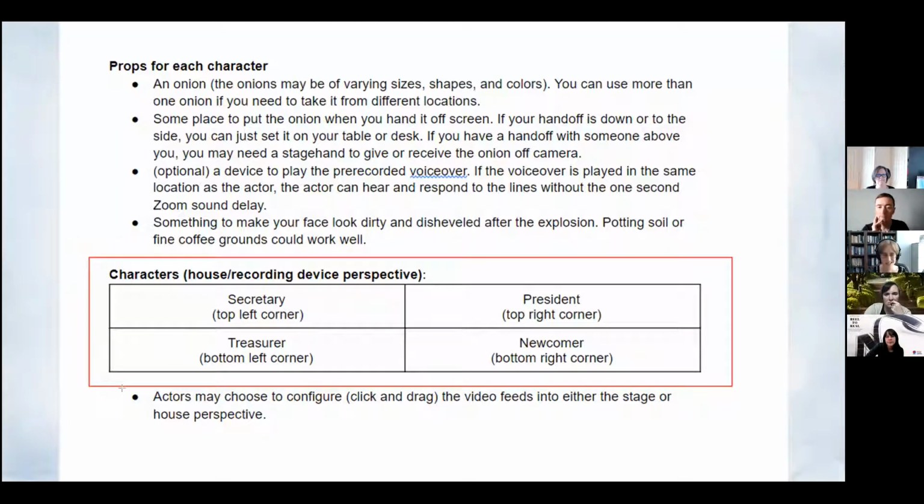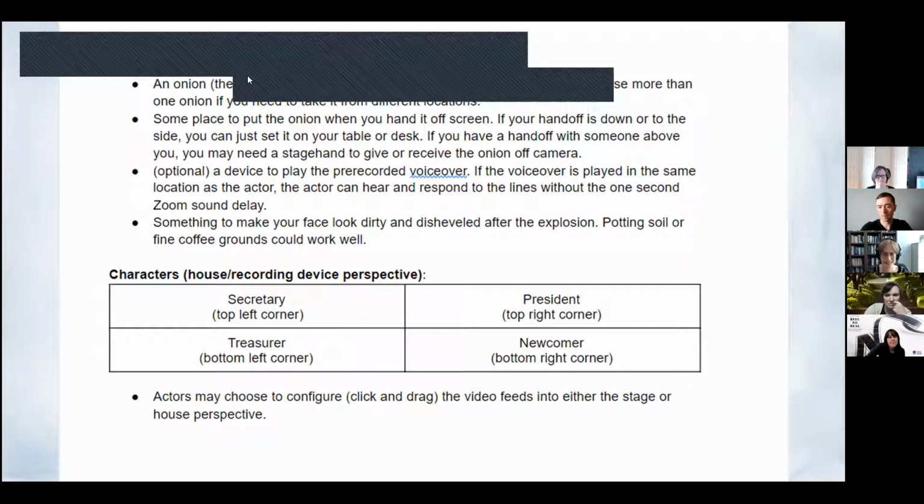And a really crucial thing to know about Zoom is that you can click and drag the video feeds on Zoom to different locations. So we could plan to have people in different locations. But even though we knew that that would be problematic ahead of time, it was still kind of a pain to figure out how to do it once we were working on it.